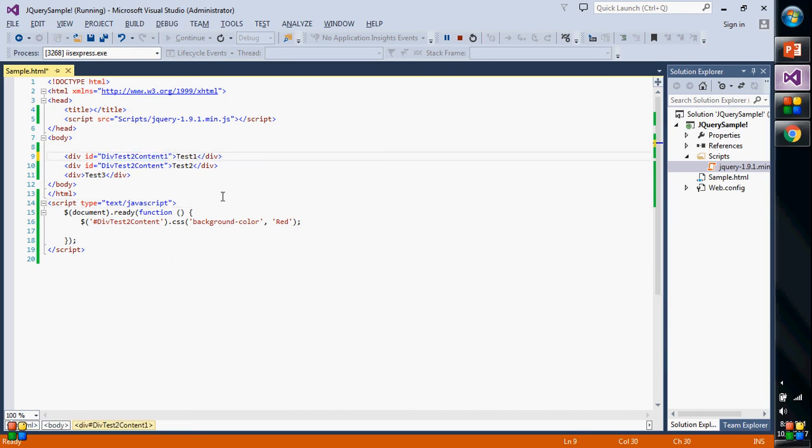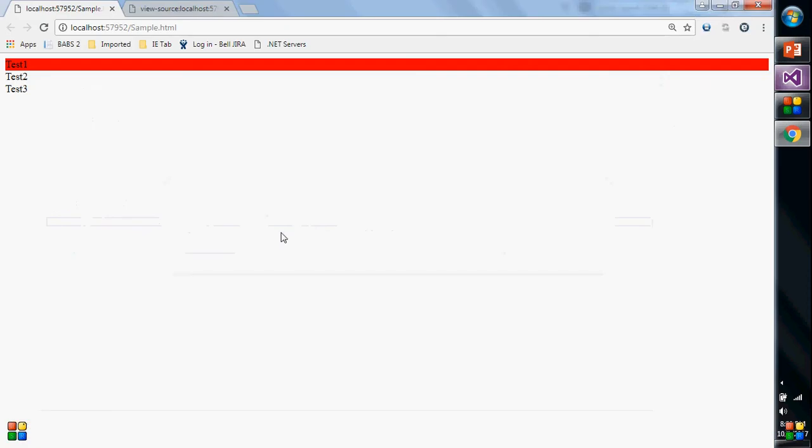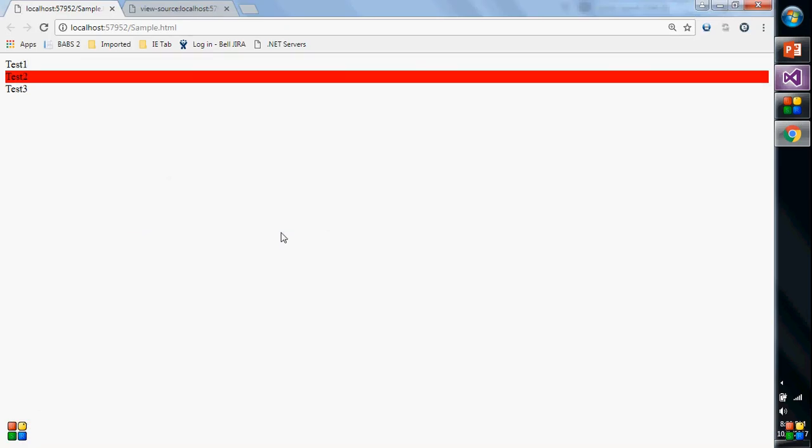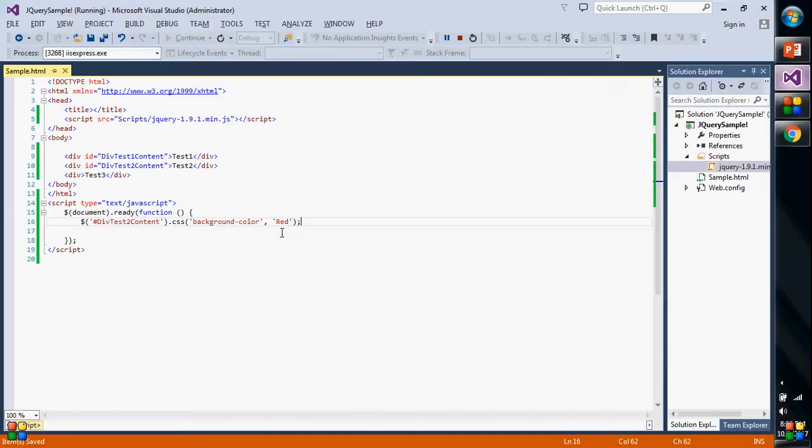Okay, if you give a unique id, then you can achieve what you are doing. Now you got it, right? Okay, so we have to keep two things in memory. One is, if you go with the id selector, the selection must have the hash character, then only jQuery will understand this is an id selector. Second thing, the element id should be unique. Okay,